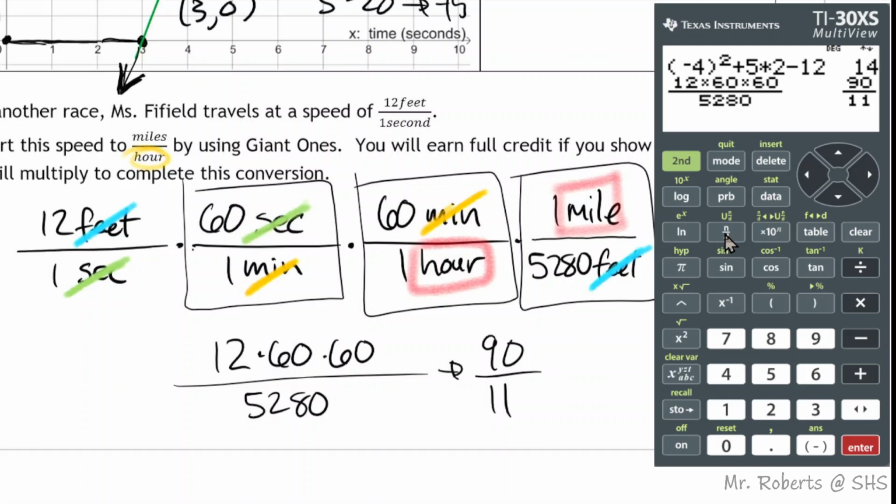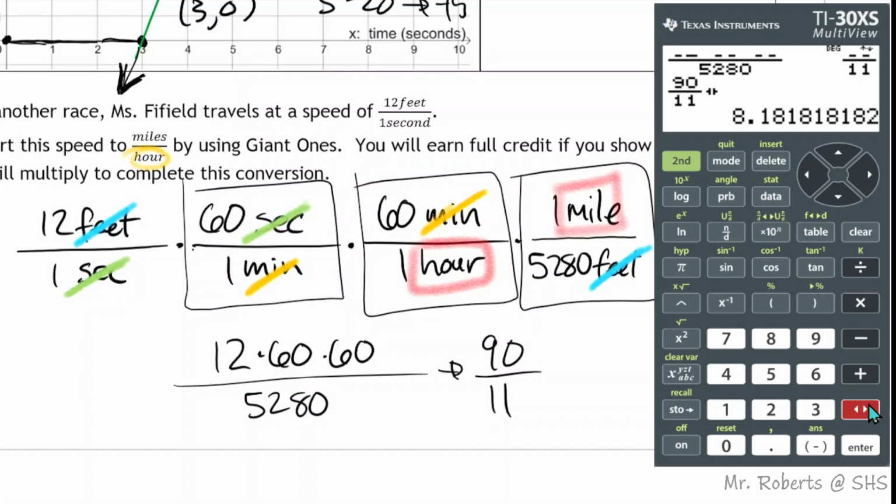I want this as a unit rate. No one says, how fast are you going? I'm going 90 miles per 11 hours. What? I said I'm going 90 miles per 11 hours. Okay. That is the same as, and I just hit this double arrow, that's the same as 8.2. It's about the same as